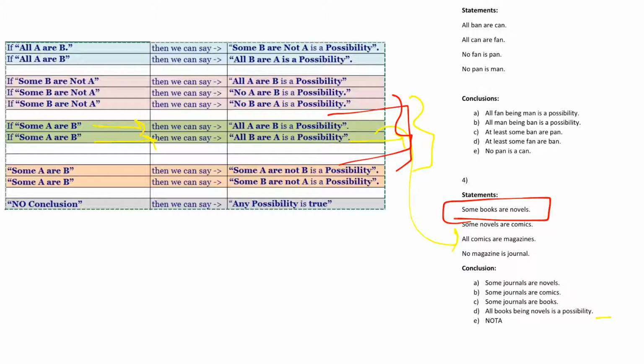Whenever there is some A R B, you can say there is a possibility for all of them to be true. So just by memorizing small things you can get the entire picture, and there is no question you cannot solve. Once you're ready with the practice, you will be really fast. So don't worry about a lot of rules and stuff. This is really easy. And option E is anyway not there. That's why the fourth question's answer was B: some journals are comics, as I have told you, from the no statement we have there. If you have any doubt, you can post in the comment section, because it's very important to understand how to use all this logic.